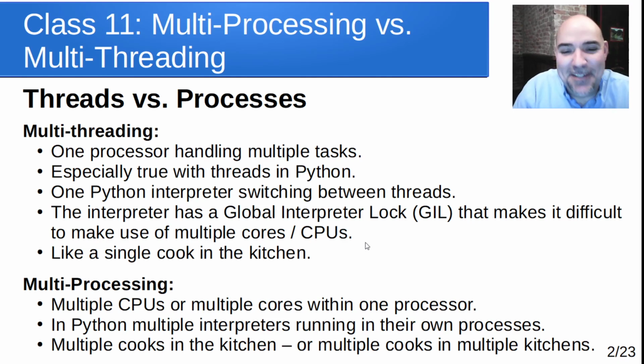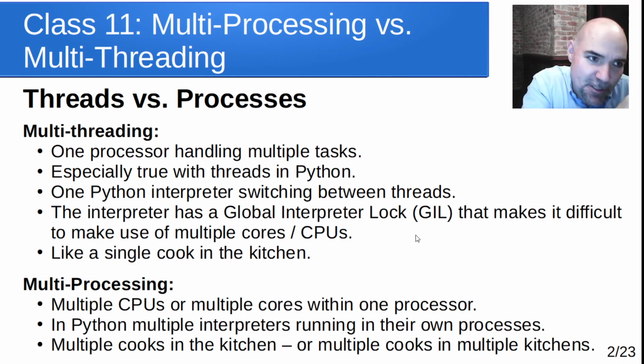But anyway, the global interpreter lock basically says it's your turn. It locks out everybody else, and then that one interpreter is doing the switching. And so it's difficult with Python using threading to have a lot of overlapped processes with multiple cores doing multiple things at one time. It's kind of like a single cook, meaning the single Python interpreter, in the kitchen switching between tasks, getting things done. Multiprocessing, on the other hand, makes use of multiple processors or multiple cores within one processor, and it